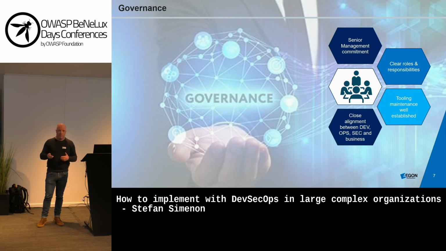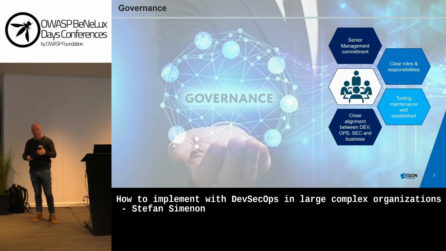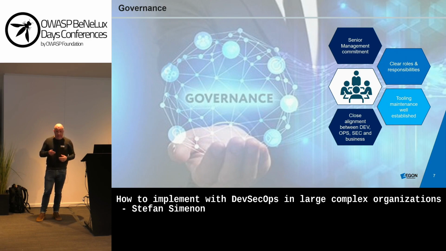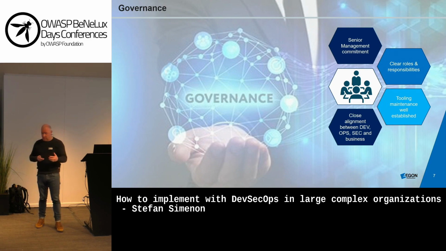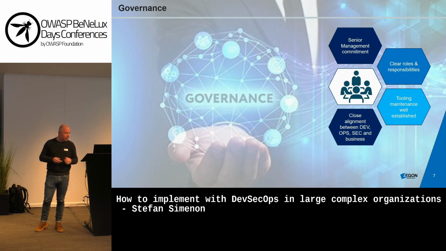The fourth is close alignment between DevOps and business. So the word DevSecOps already mentions it. I have also included the business. So some people also call it DevBizSecOps or DevOps BizSec. But why is business important? If scanning needs to be done or security issues need to be fixed, it often needs to be prioritized in DevOps or Agile teams.